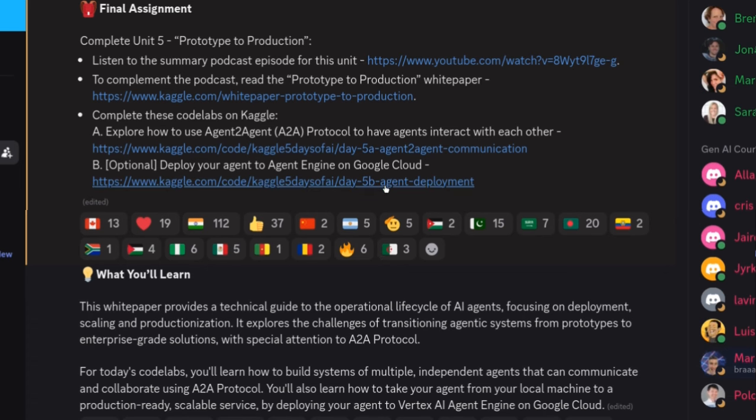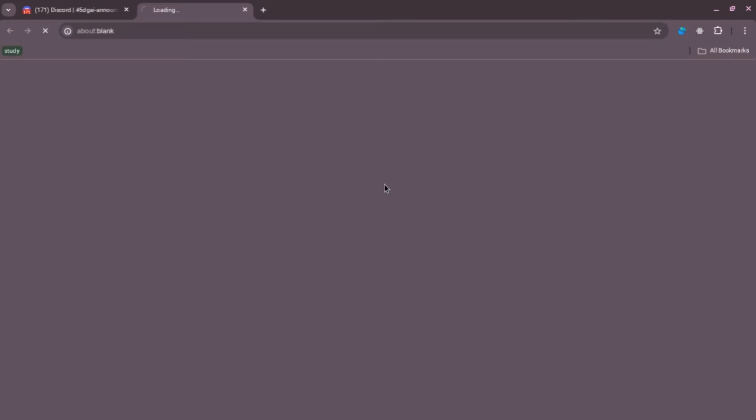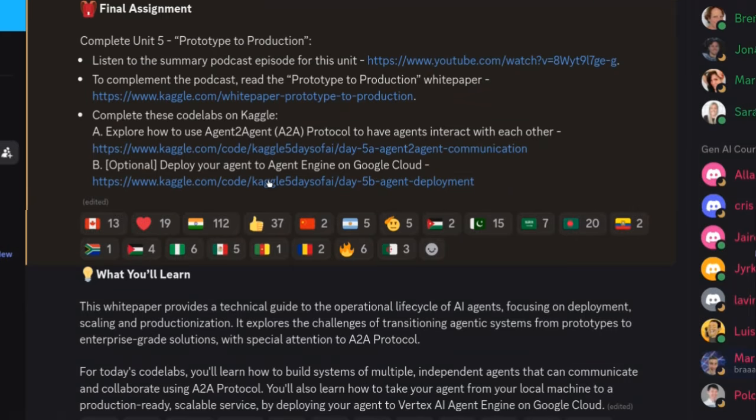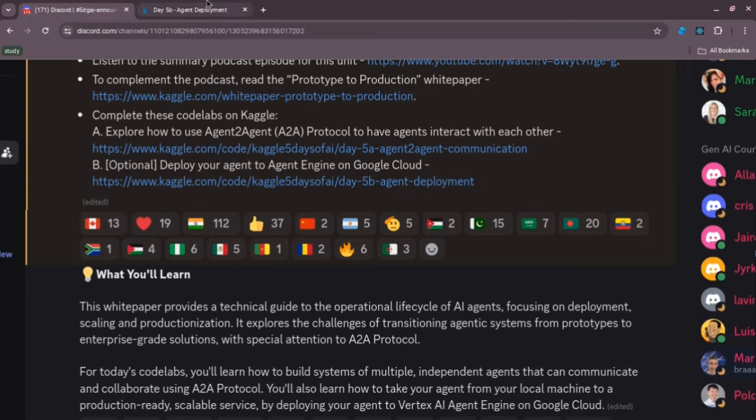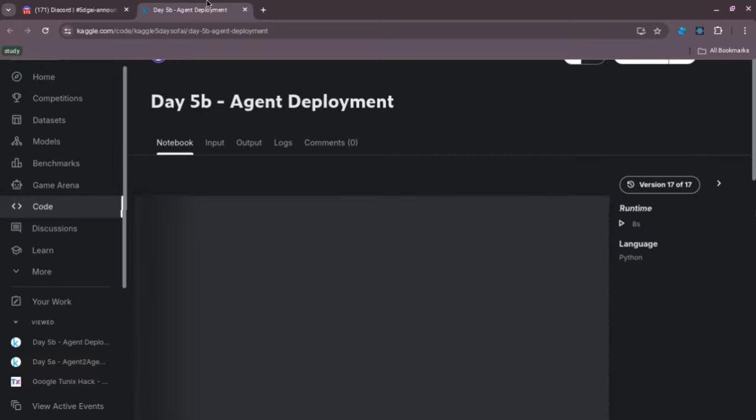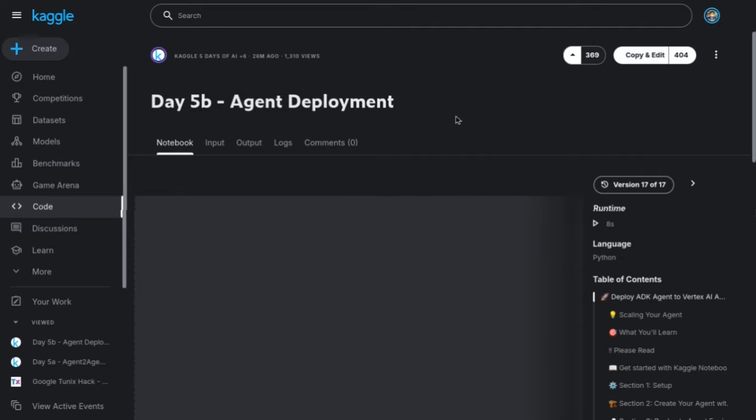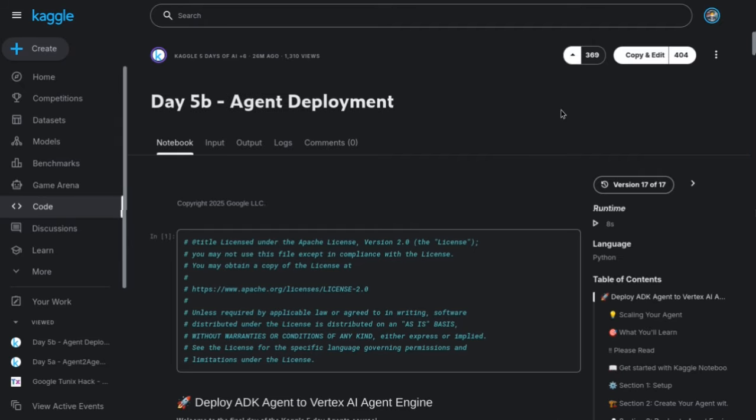And let's just move to our day 5b, right? Okay, this is an optional codelab, and we'll basically deploy our agent to cloud, so we don't have to access it through localhost anymore like we were doing in the past days through the web UI. We couldn't really share the web UI as it used to expose our Gemini API token. So without further ado, let's just open this codelab,